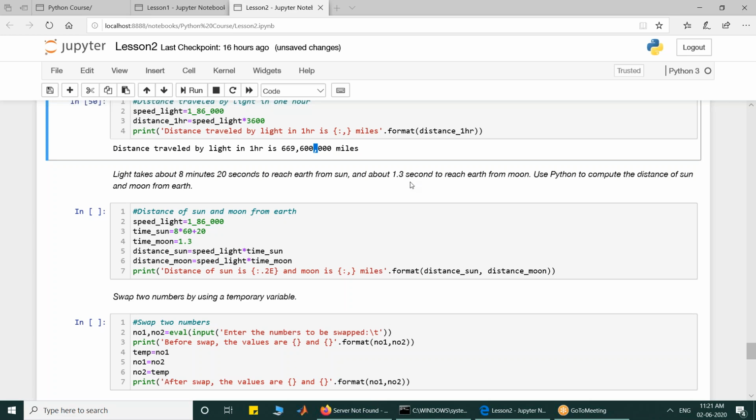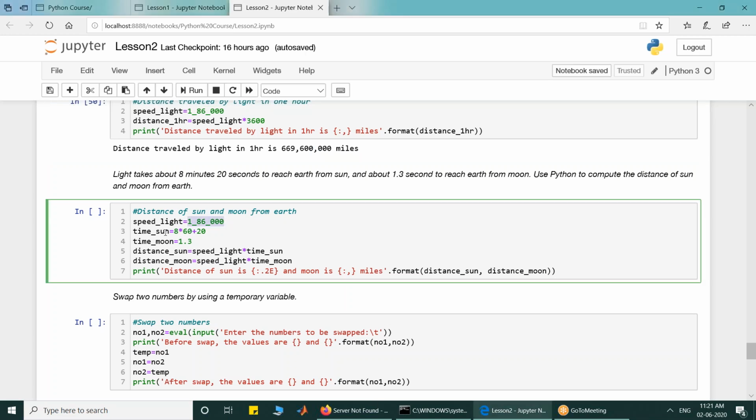So quickly compute it. Everyone should do it. Speed of light is 1,86,000. Time from Sun is 8 minutes, which is 8 into 60 seconds plus 20 seconds. Time to Moon is 1.3 seconds.